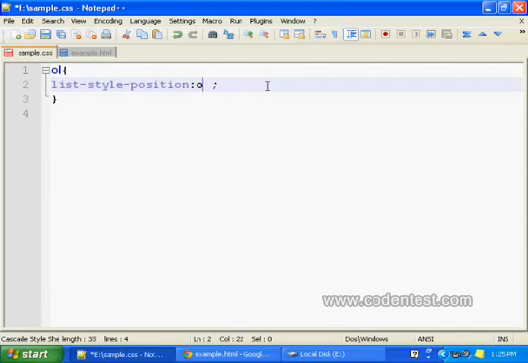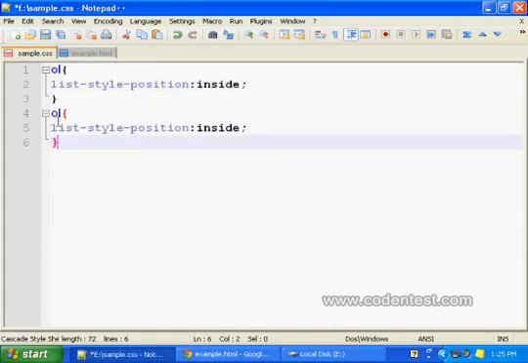I'll give you an example of both inside and outside. I'll just copy this whole thing and paste it here, and we are creating two lists, one ordered list and one unordered list. The ordered list is inside and the unordered list is outside.